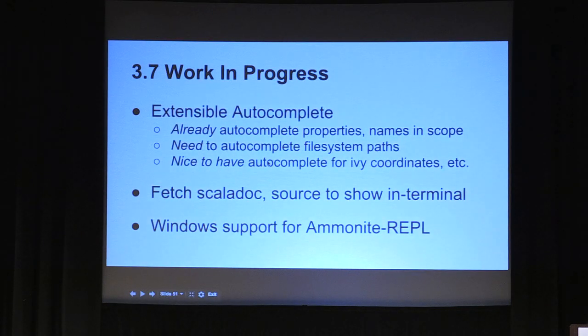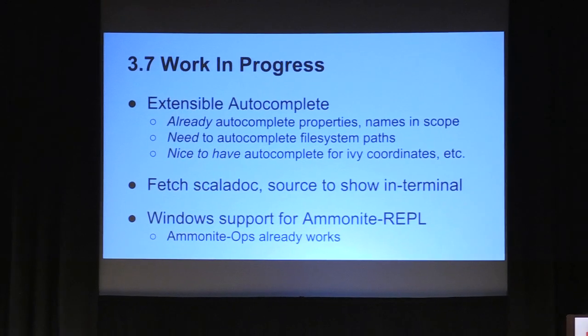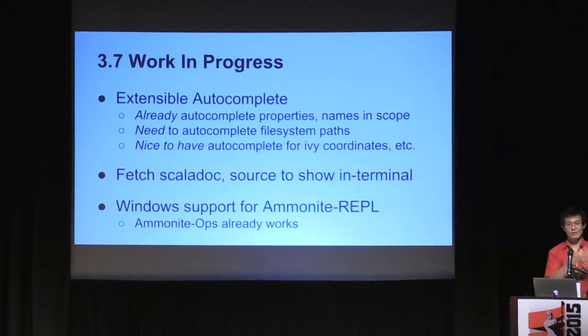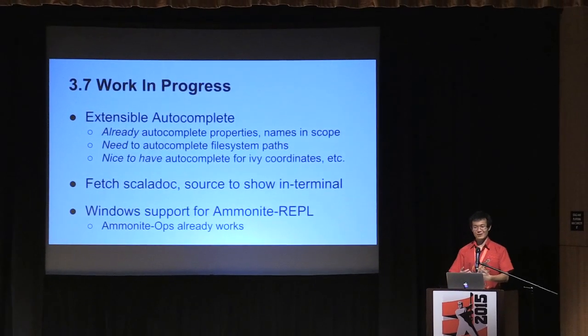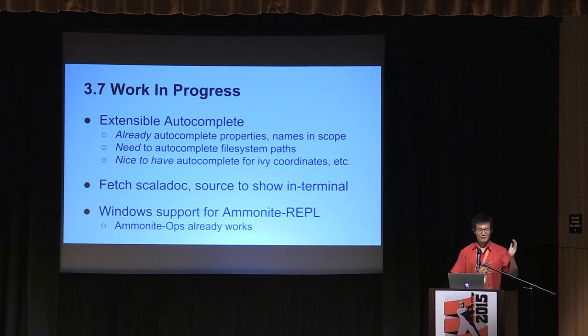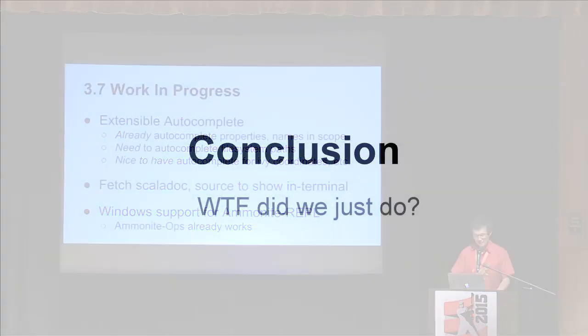Windows support currently is mostly blocked on terminal weirdness. The file system operations already work, so if you want to use this in an existing application or library, you can do so. But for the Ammonite-REPL as a REPL, the colors are all ANSI Unix colors, which are different from the Windows colors. I don't have Windows, and I don't have the drive to go and fix it. But hopefully someone can help pick that up.